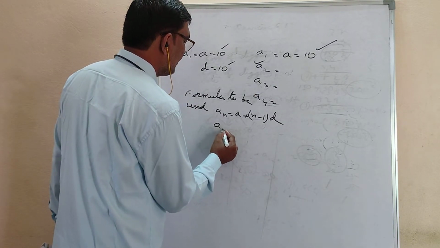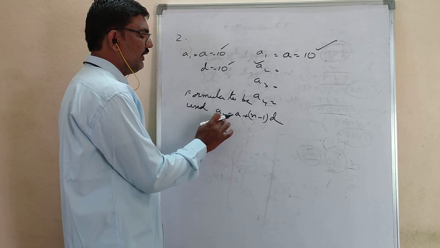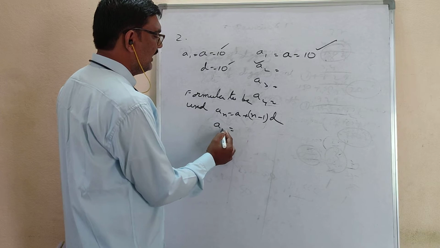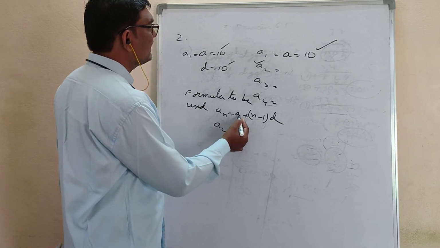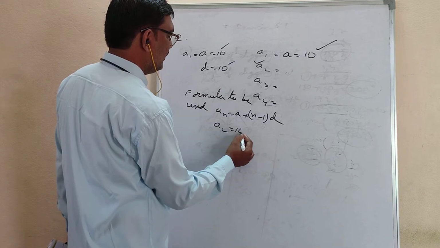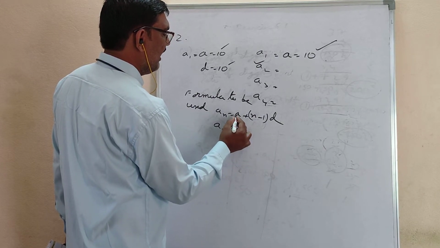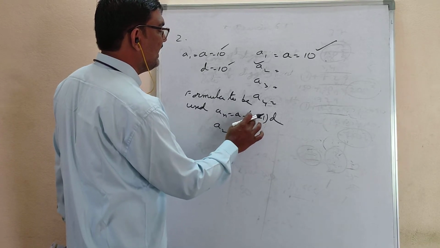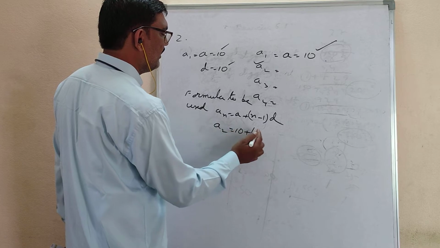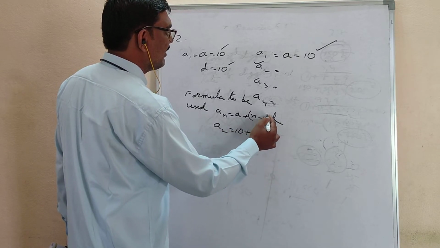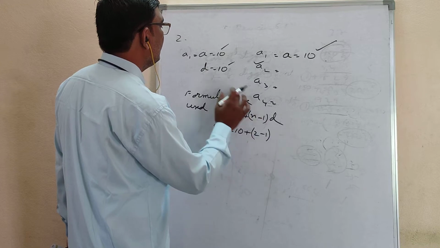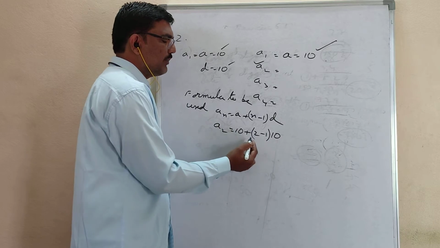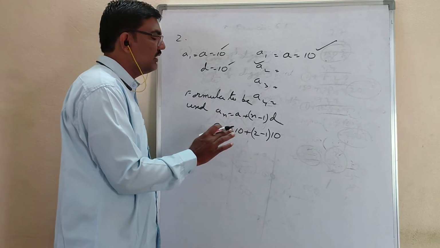So here A2. Where n is there, in place of n you write 2, and on the right side also wherever n is there you write 2 only. And A is given. What is A here? 10. So in place of A I wrote 10. After A, plus. Next, brackets are there. In place of n, what do I have to write? 2. 2 minus 1, brackets closed. D is there. In the question, D is equal to what? 10. So if you know how to write this step, the substitution is correct.